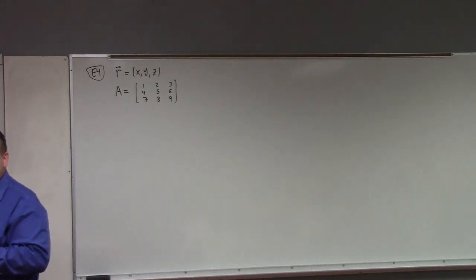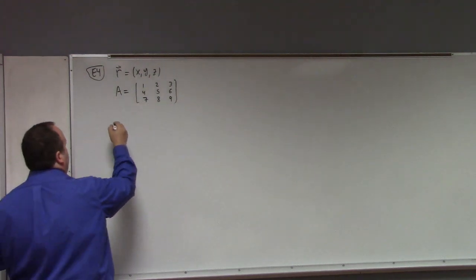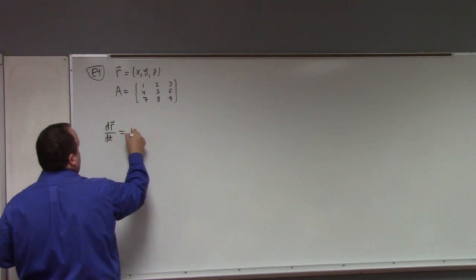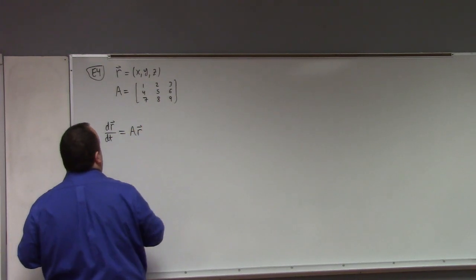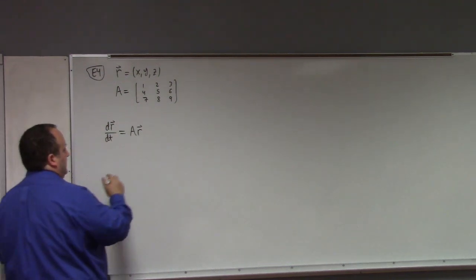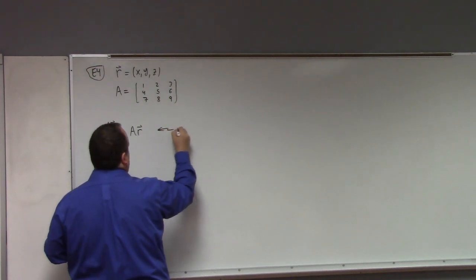All right? What does it mean to write dr/dt equals AR? What does that entail? So this is the matrix form